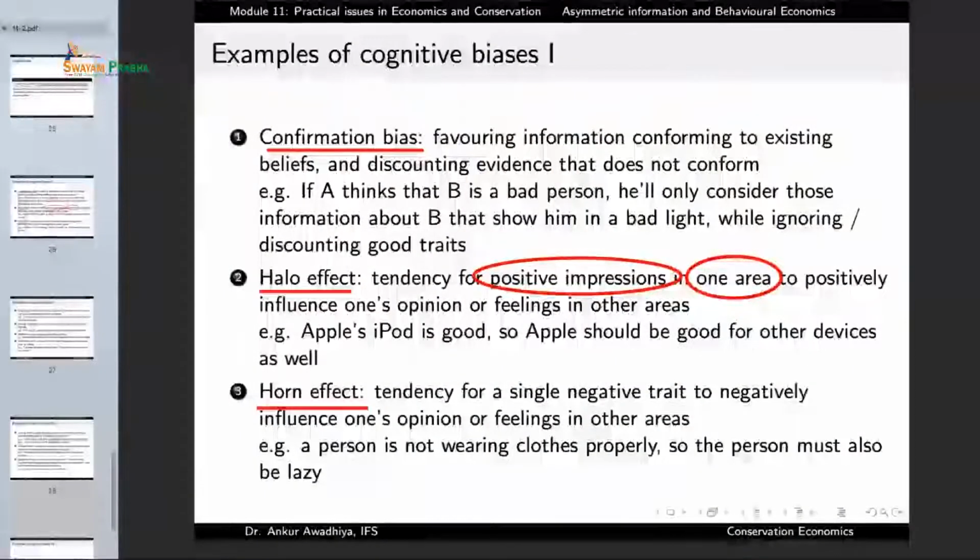This is again a cognitive bias. Because in this case, we are not looking at the benefits that the national park is providing to people. We are not looking at those 95 families who wanted to move out voluntarily and at least got this option through the construction of the national park. No, we just look at one negative thing and we spread that negativity everywhere.